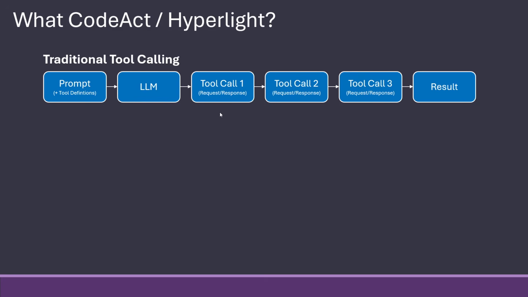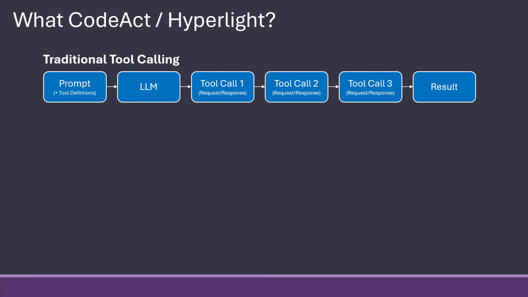And the way tool calling works is, of course, that the LLM gets the request and tells back how to call the tool, then get back, call the tool, get back, call the tool. So we're not only doing one request and response, but for every single tool call, we're doing multiple requests. And that means that we are wasting tokens and time because there is this back and forward all the time.